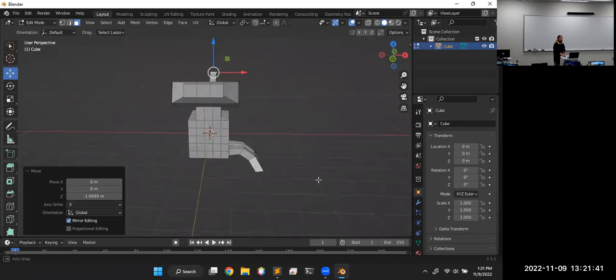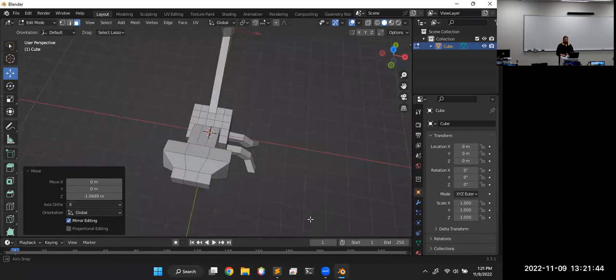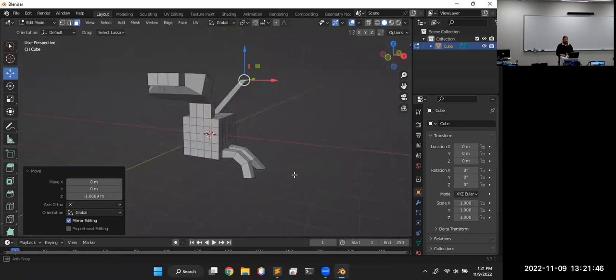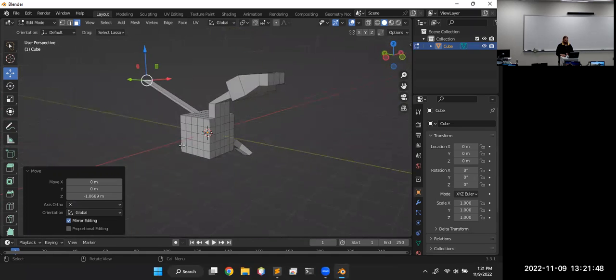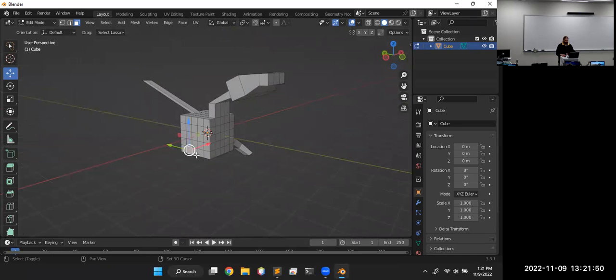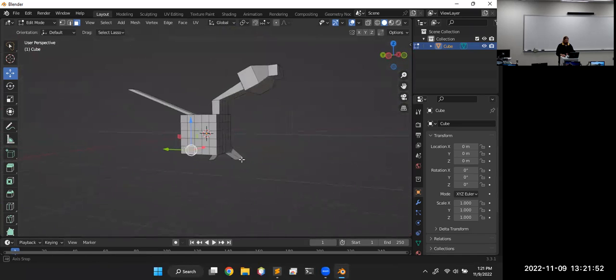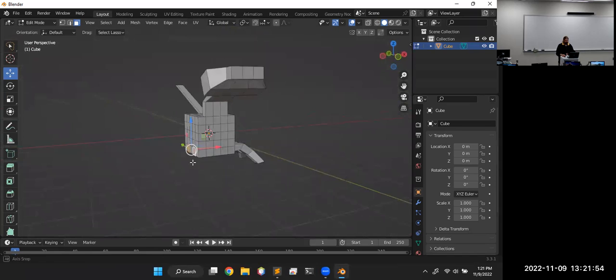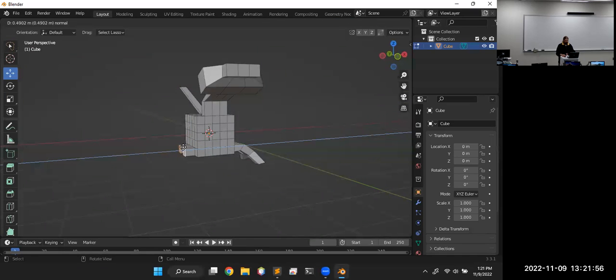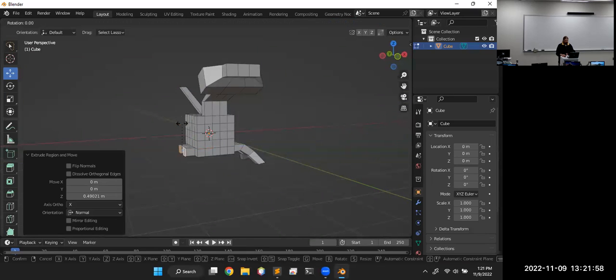So we're starting to get sort of a shape of an animal going on here, right? Or I need the legs over here. I'll do that real quick. I'll choose these faces, extrude them out a little, and